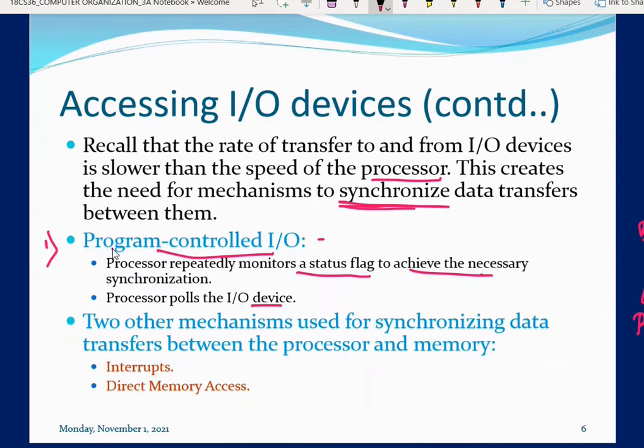The same thing happens in program control, where the processor is going to check the device status of whatever IO devices are connected. So do you think it is an appropriate method? Just think. I told you the processor is wasting its time. If it is one or two devices, okay. Most of the time the system is connected with so many IO devices. In that case, the processor is going to waste its time checking the status of the devices, instead of performing any useful task.